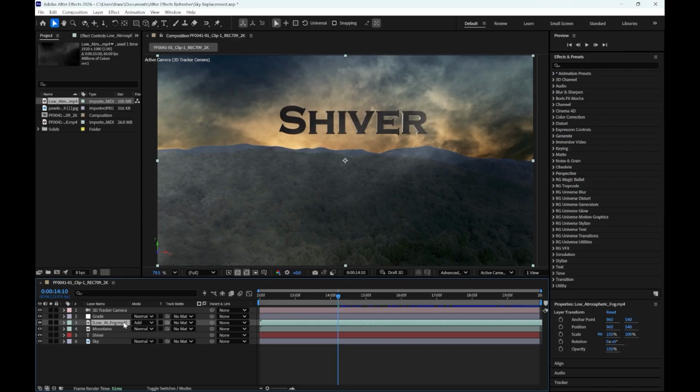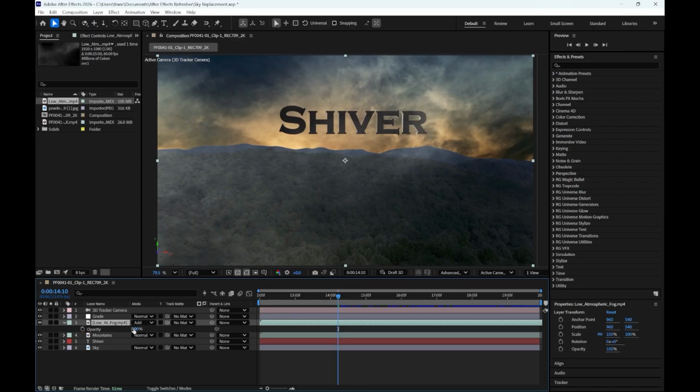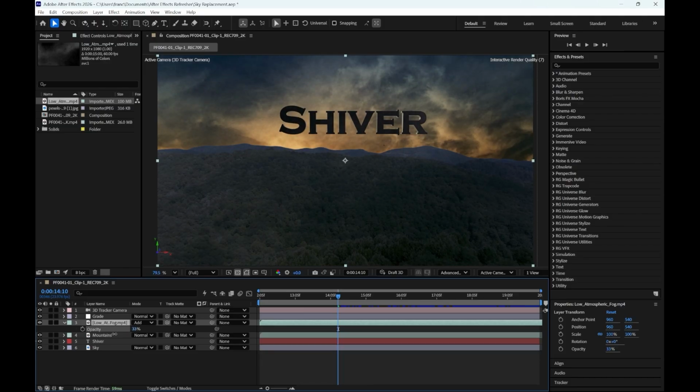And then we want to hit T to bring up the opacity values. This is how visible it is. I'm going to bring it down a bit. We just wanted to add a little bit of atmosphere. And then in my color grade,